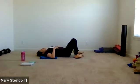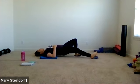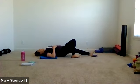So we got one more bridge move. You're gonna have both gliders. This time, you'll be doing your regular old bridge, up and down. After that, you hold, your leg's gonna come out, wide, back, in. Out, wide, back, in. Okay, so you'll alternate, you'll go out, wide, back, in, but our first move is just